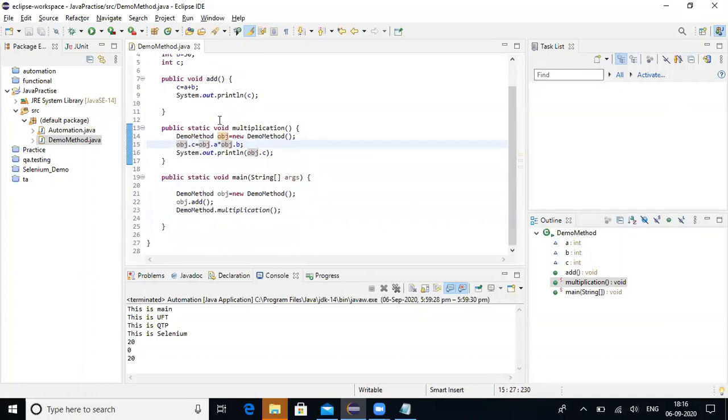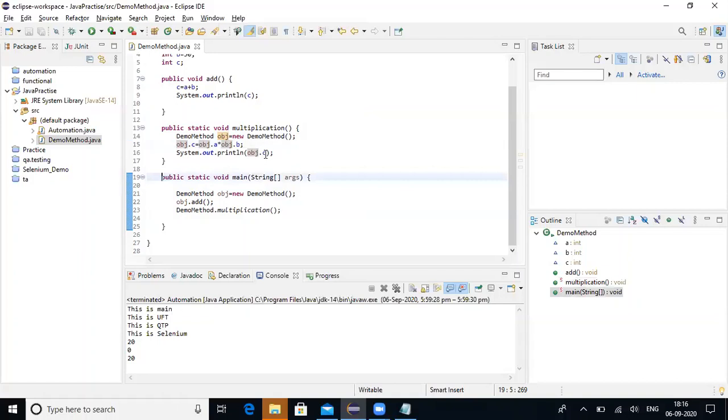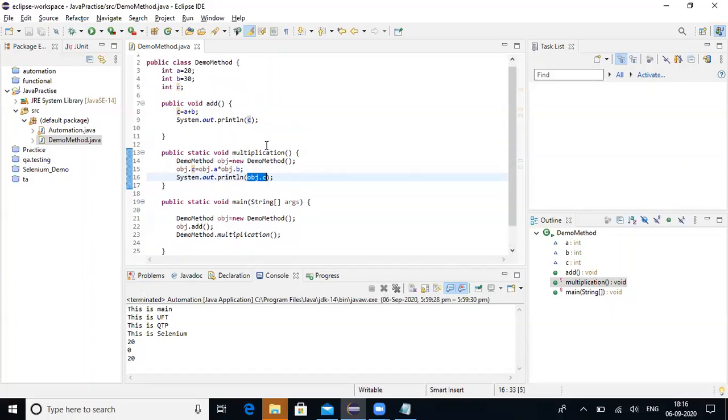Shall I run this program? So what would be the expected result here? Object.c, can anyone tell me? 20 cross 30, 600.